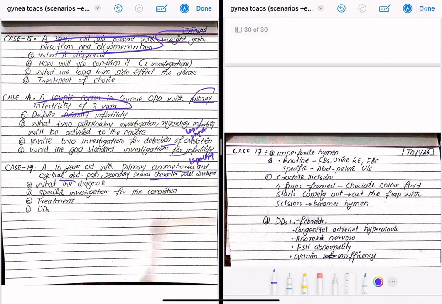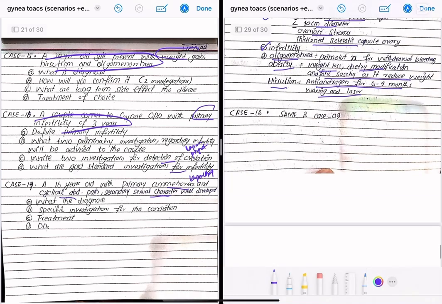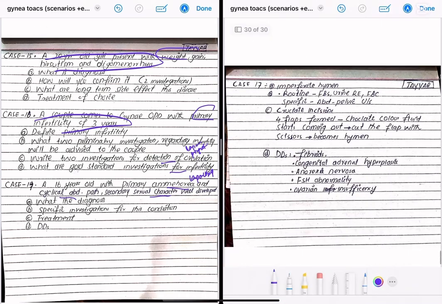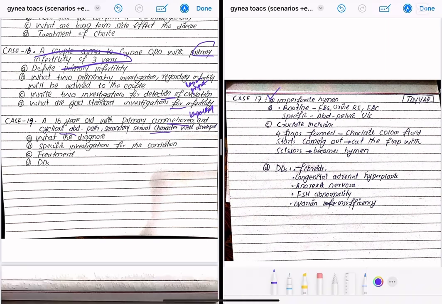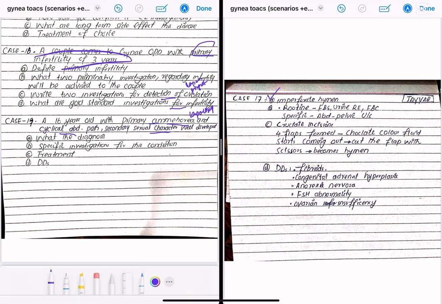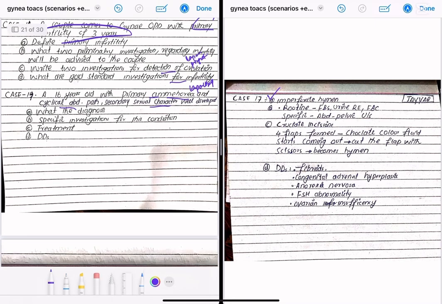Case number 16 is the same as case number 9. This one is a 16-year-old with primary amenorrhea and cyclical abdominal pain, and secondary sexual characters. So what is the diagnosis? It is imperforate hymen, as there is primary amenorrhea and she is an adult, that is, sexual characters are developed, but she is not having any period, so the diagnosis is imperforate hymen. The specific investigations for these conditions are routine investigations, which are CBC, urine RE, and